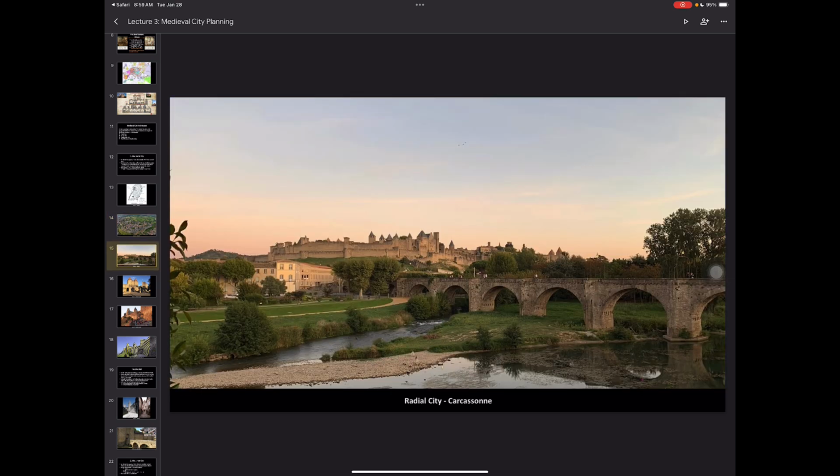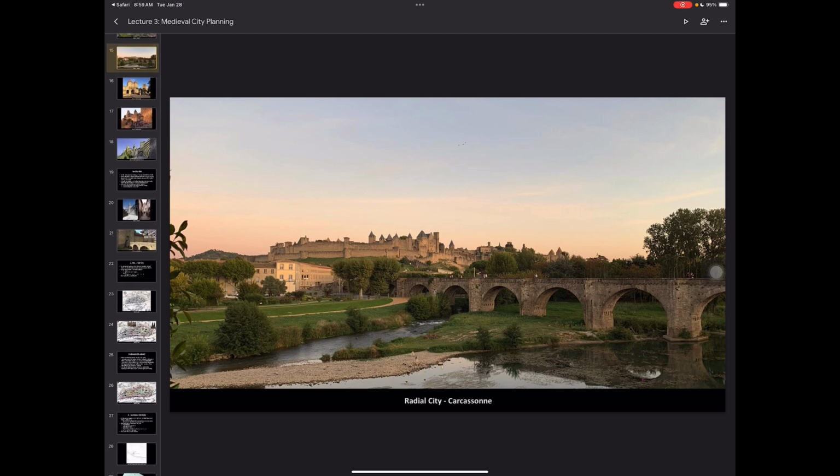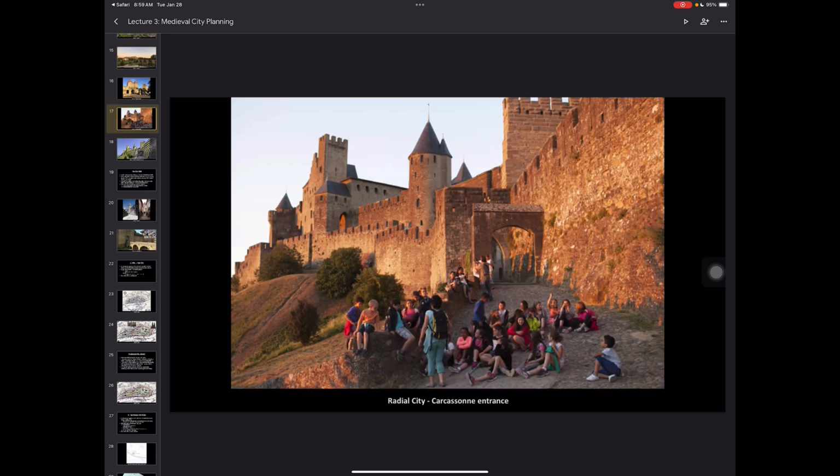Here is that bridge from our original collage, right? So this is where I grabbed it from. But you can see it's a very medieval town, right? We have a layer of protection here with the natural river and crossing this. And then you do have a secondary level of protection with the moat itself, right? Very narrow entryways. You don't want invading armies to get in there easily. And then you also want places to shoot people from, right? So you have these little windows up here. There's one of the entrances.